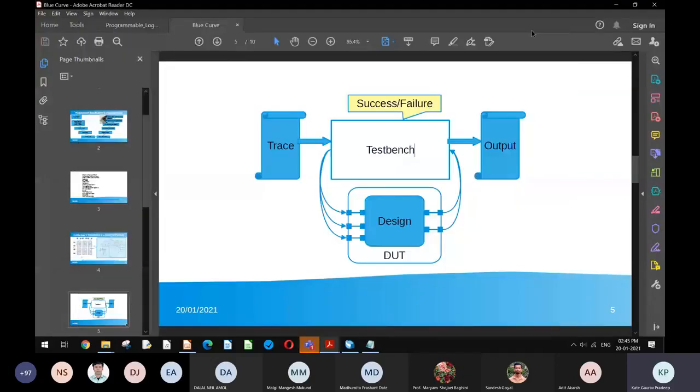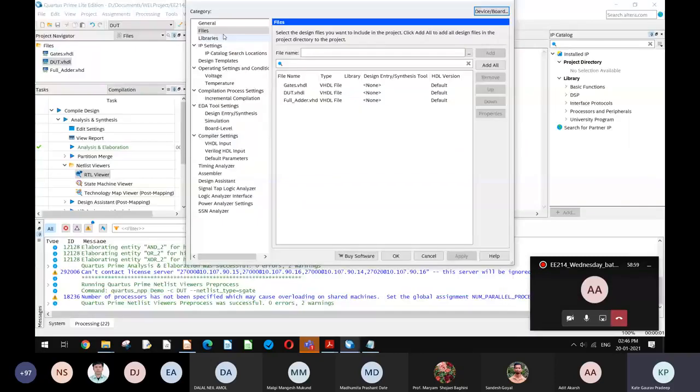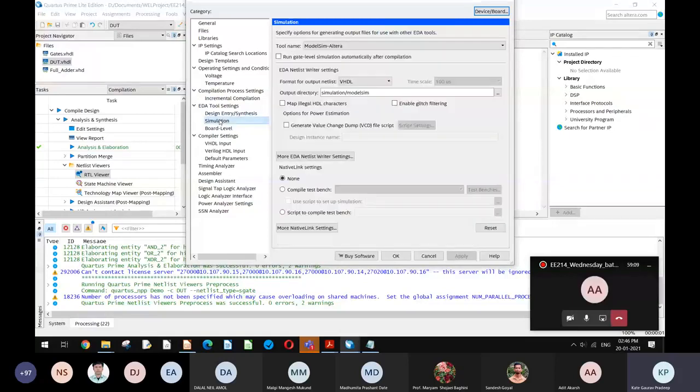So you can go back to Add/Remove Files in the project, and there on the left, in the Category section under EDA Tool Settings, you will see a Simulation option. I will click on that. Then in the NativeLink settings, I will click on the radio button Compile test bench. Then I will click on the Test Benches button,